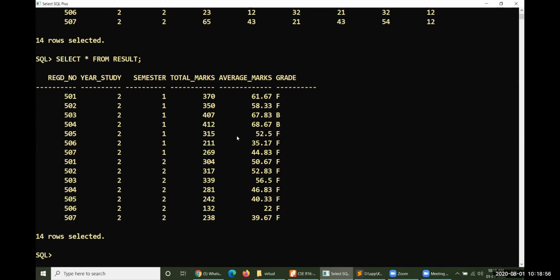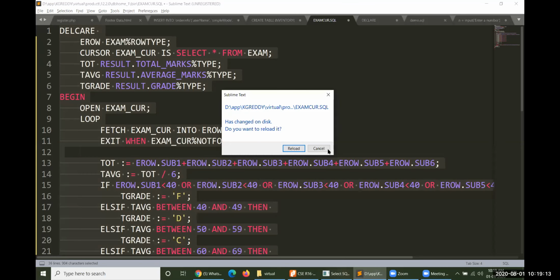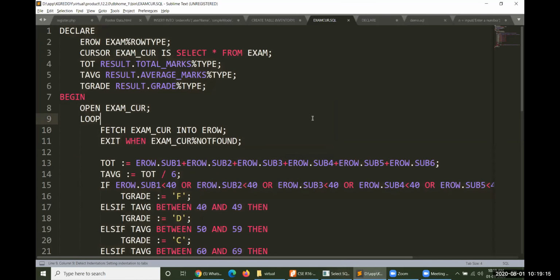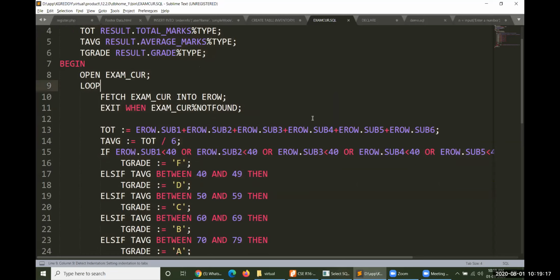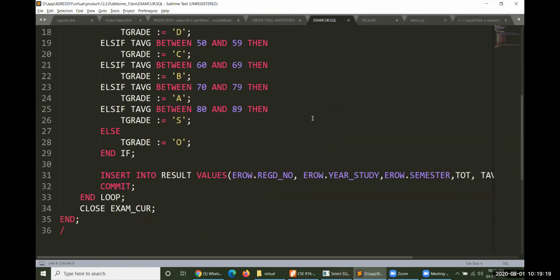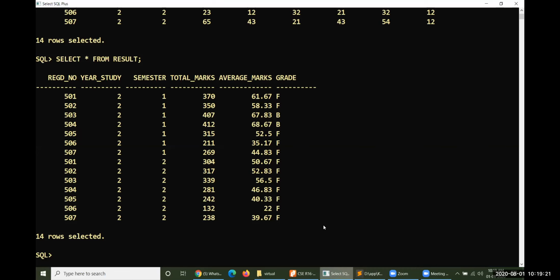Something like this. In this way, you can generate the output by using your cursor. This is the specification where exactly you have to generate your cursor's output. It is very simple to write. This is the way you have to write. But the problem we have already seen: if you run the same cursor one more time.